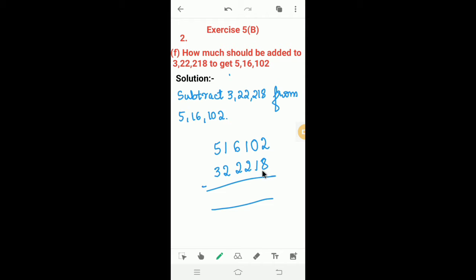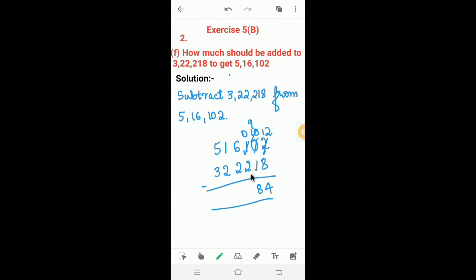Now I will start subtraction from ones place. 2 minus 8 is possible to subtract? No, it is not possible. So what we have to do? We have to borrow from next number. Here next number is 0, so we can't borrow. So we go for a next number. Next number is 1. If you borrow from 1, then 1 becomes 0 and here 0 becomes 10. Now we can borrow from 10. Then 10 becomes 9 and here 2 becomes 12. 12 minus 8 is how much? 12 minus 8 is 4. 9 minus 1 is 8.